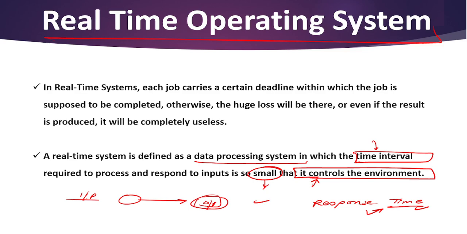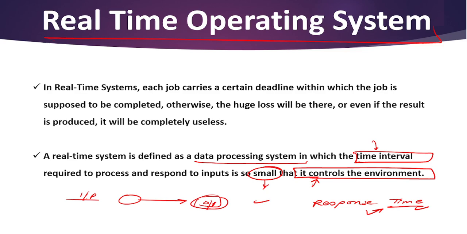And one more thing you should note is the example of real-time operating system. This application is basically used in military applications. For example, if you want to drop a missile, then the missile is supposed to be dropped with a certain precision within a certain time interval. So because of this time interval, we can use real-time operating system in military operations and applications.